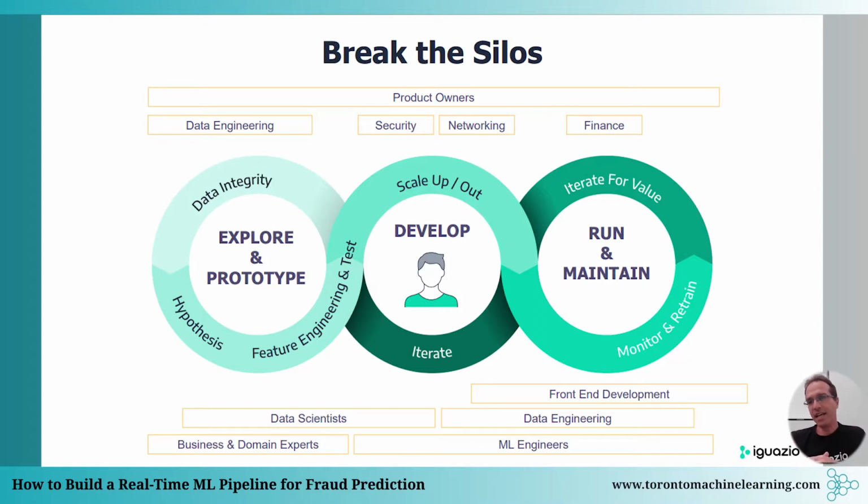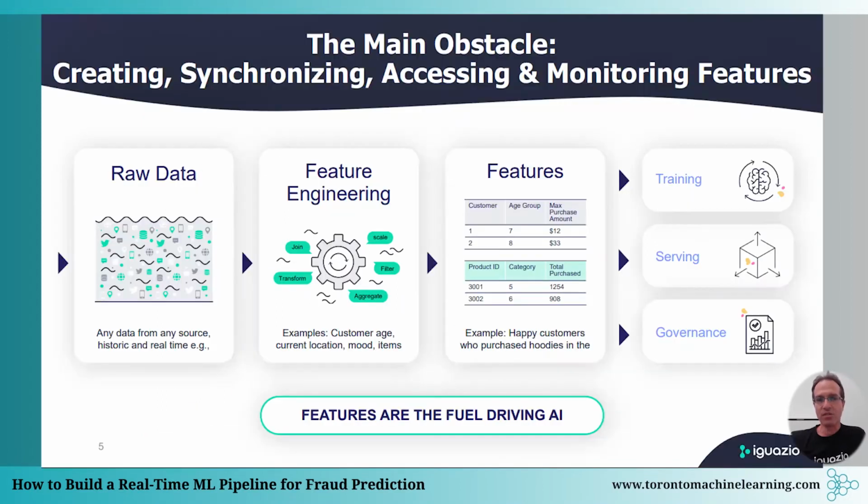And at the end of the day, it's really challenging to align everybody to create this machine learning pipeline in an efficient way. On top of that, you also need to take care of things like security, networking, management and logs. So I think an organization needs to come up with a strategy where they can better align all those disciplines together in order to create a proper machine learning pipeline. That's what we call a machine learning factory. The idea is not just to create a pipeline once, but to create a machine learning factory where you can generate more and more machine learning models on an ongoing basis.